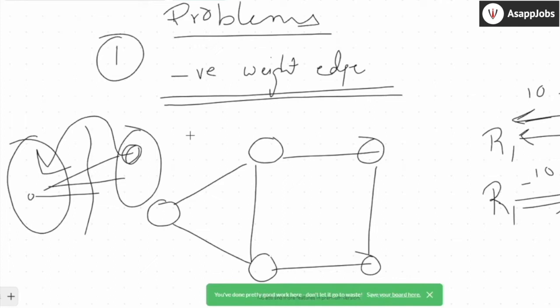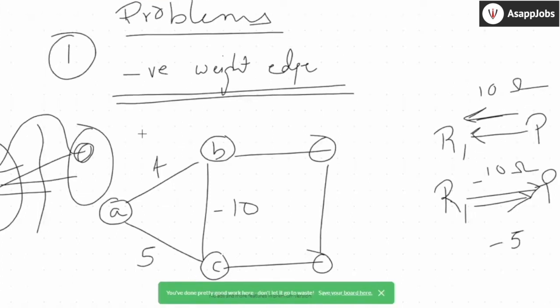Once a vertex comes from right to left, you never touch it again. You always find the cut, and of that cut, you always find the right side vertex. So that means once that vertex comes on the left, you are never choosing it again, right? Now assume the weights here are something like this: 4, this was 5, and this was minus 10. Now I know if I want to go from A to B, I can go with a weight of 4, or I can go from A to C, then from C to B. If I go from A to B via C, my cost is 5 minus 10, which is minus 5. But if I go directly, it's 4.